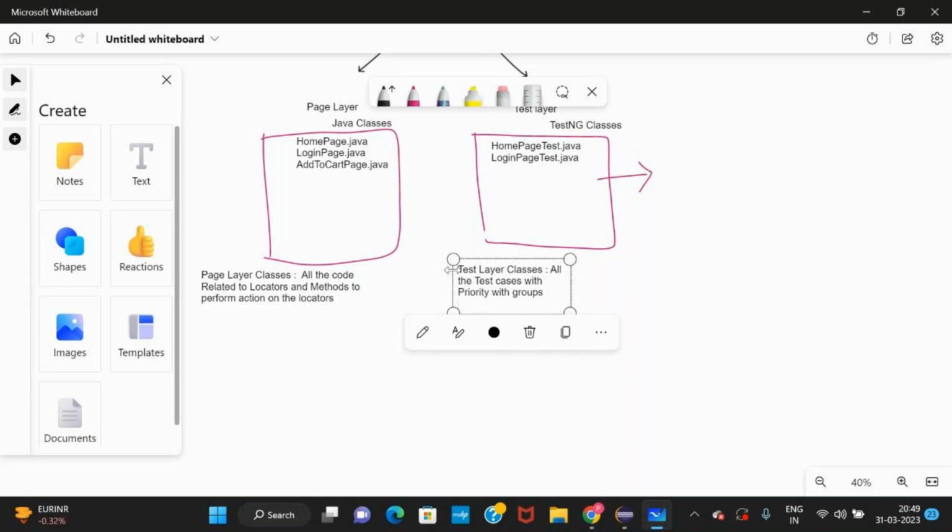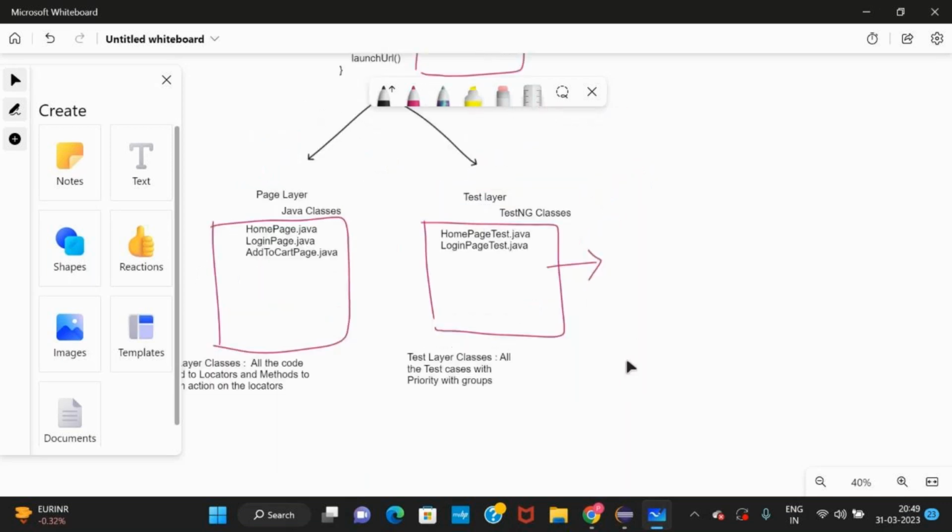So TestNG concepts will be there. The test cases with priority means they run in sequence. Now on a login page, you first have to launch the URL, then you have to log in. So priority will be 1 for launch URL, priority 2 is for login. That priority and groups and everything will be available in these TestNG classes.